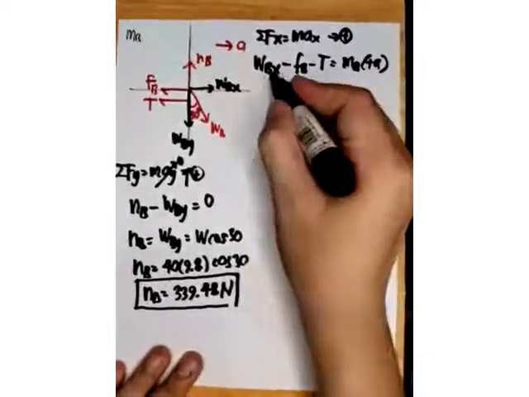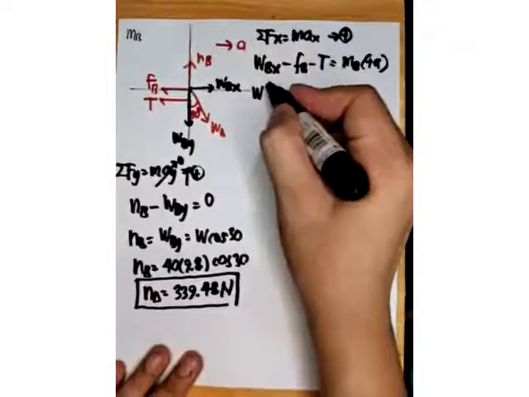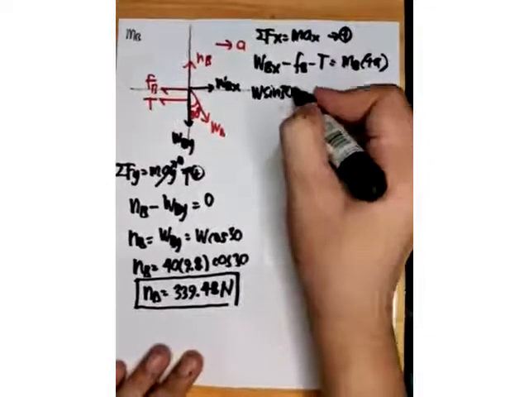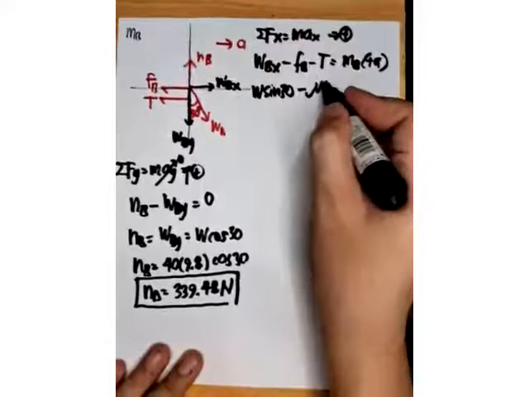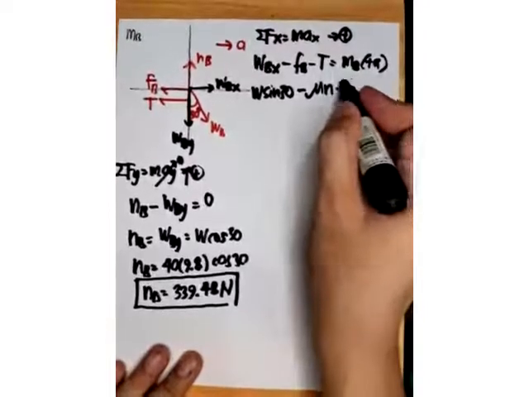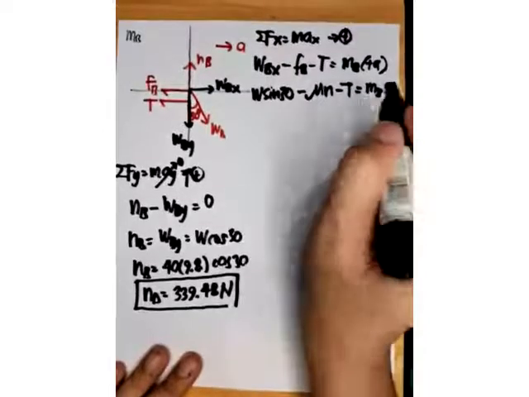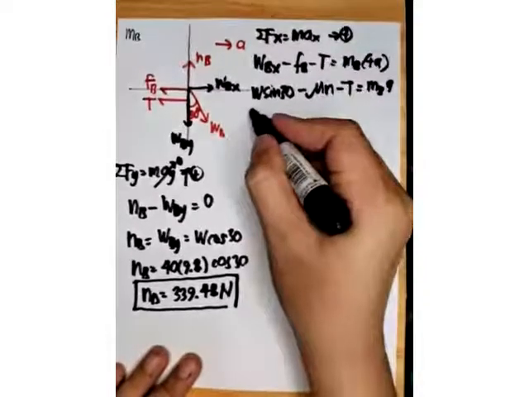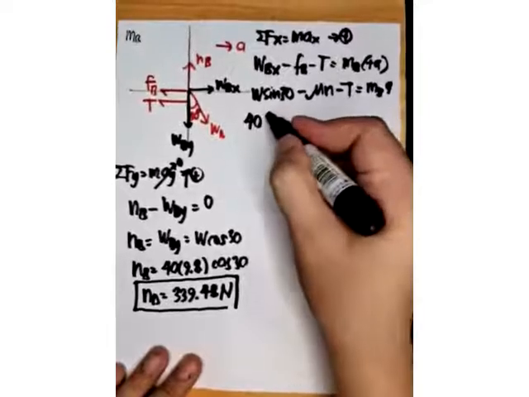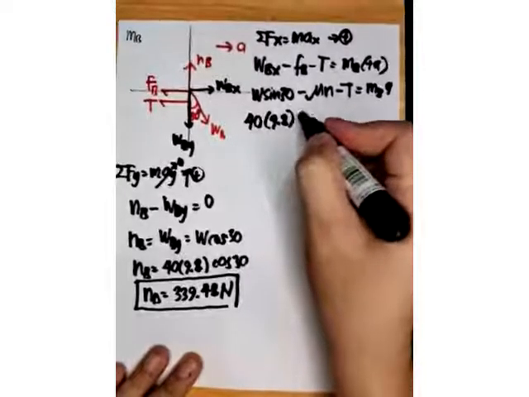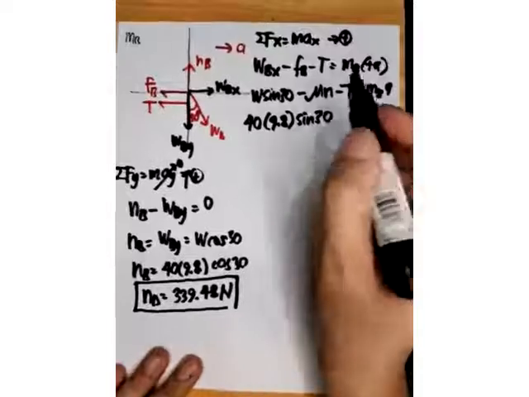Okay, so what's WBx? So that's W sine 30 minus mu N minus T is equal to mB a. Ayan. So this is 40 times 9.8 sine 30